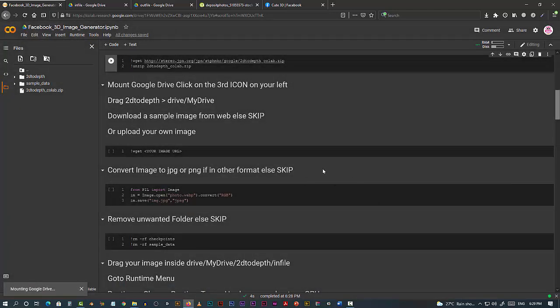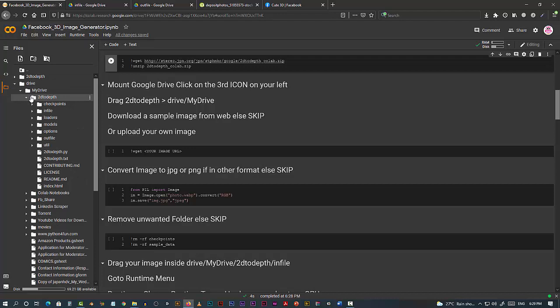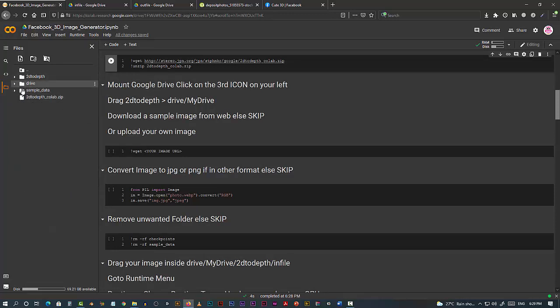Okay, so mounting, and there it's mounted. Now I can access my Google Drive. This is my Google Drive folder. Okay, these are my folders. Now you can see I have already done it, so I don't have to do it again. The same thing, as you can see. So I don't need to do that. You have to do that because you have not done this.